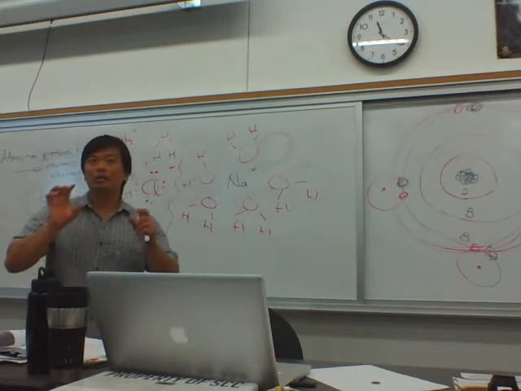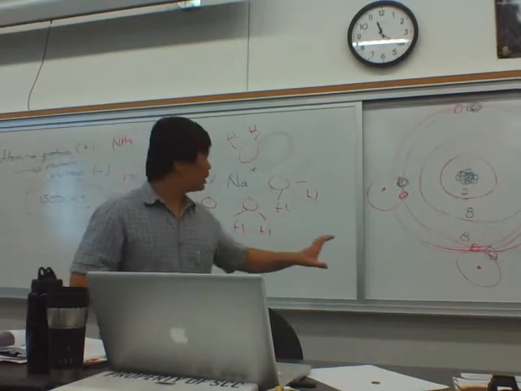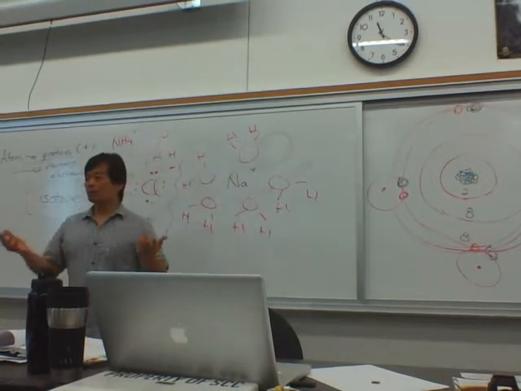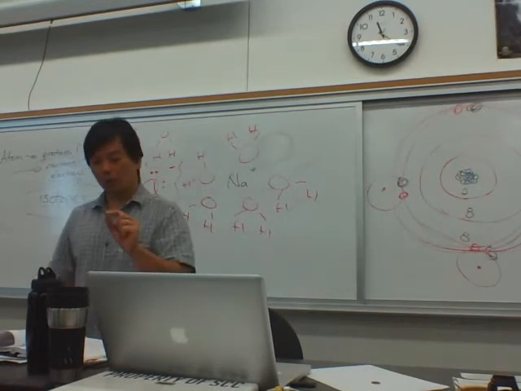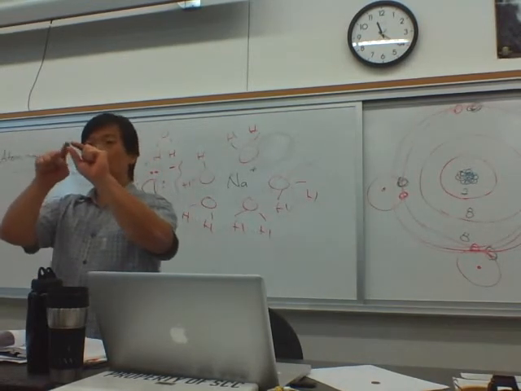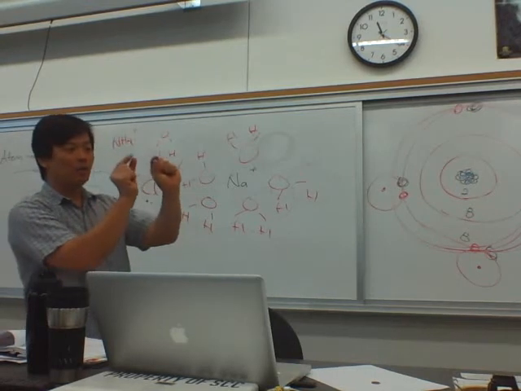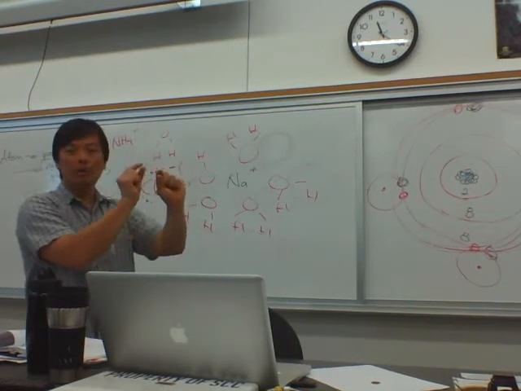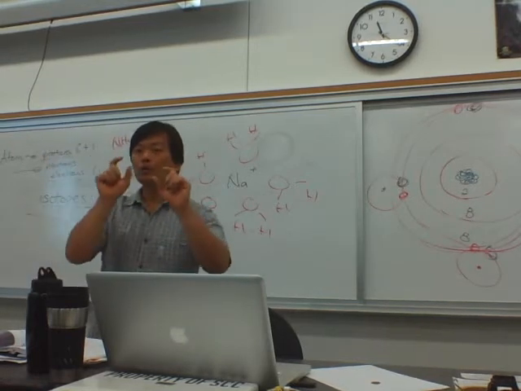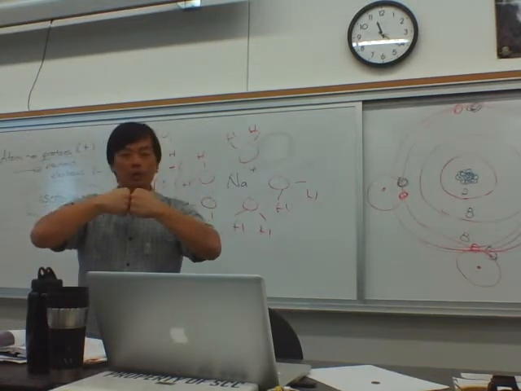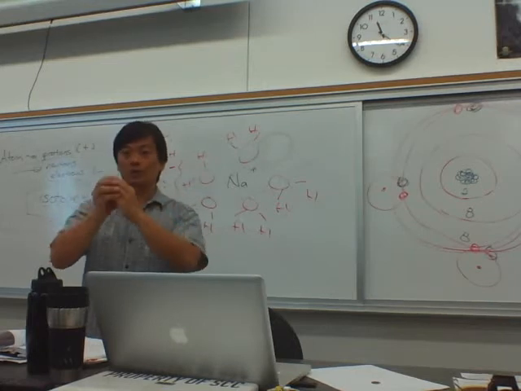So in this solid state, if you take NaCl, which is basically table salt, take it out of your salt shaker, you look at it, it's a nice little crystal. What is happening there is that you have a sodium ion next to chlorine, next to a sodium, next to a chlorine, next to a sodium, next to a chlorine. And by arranging the ions that way, they hold each other together, which is why you have the crystallized form